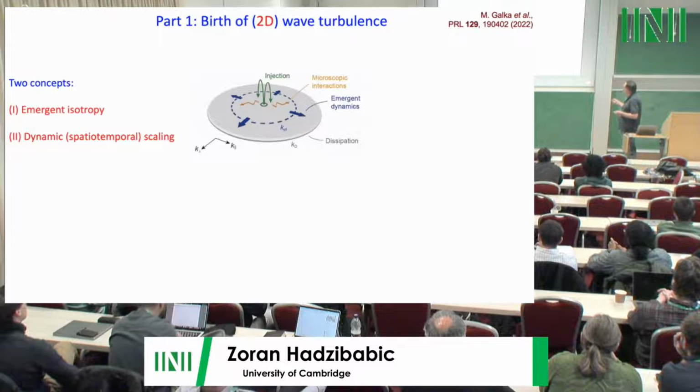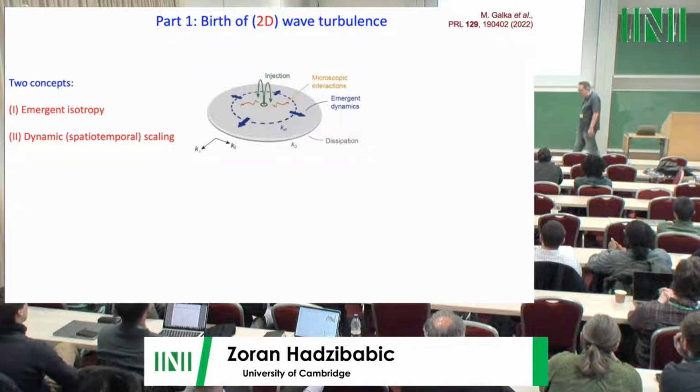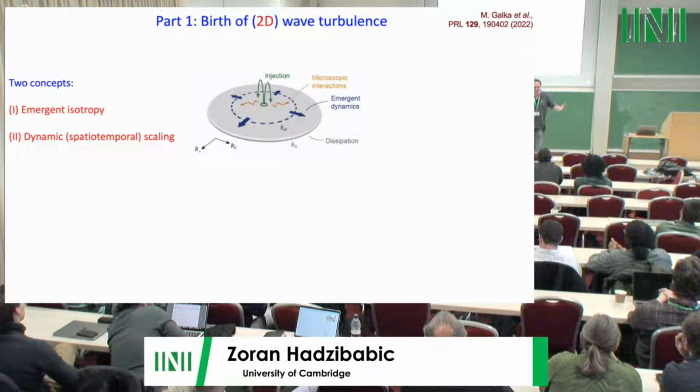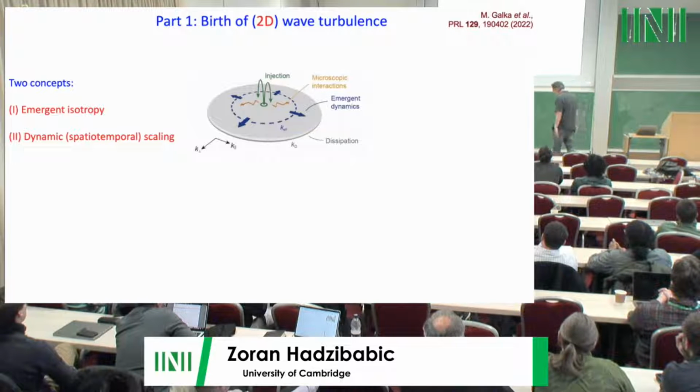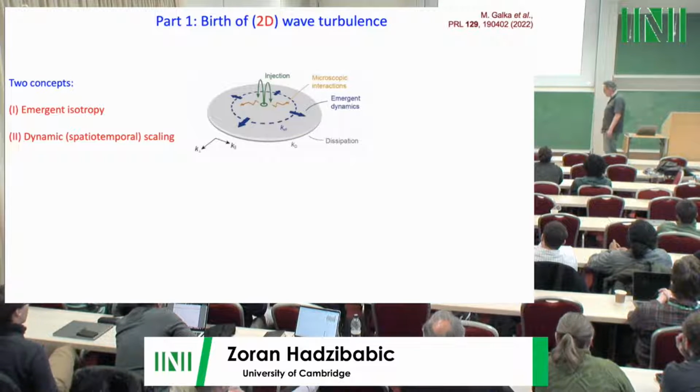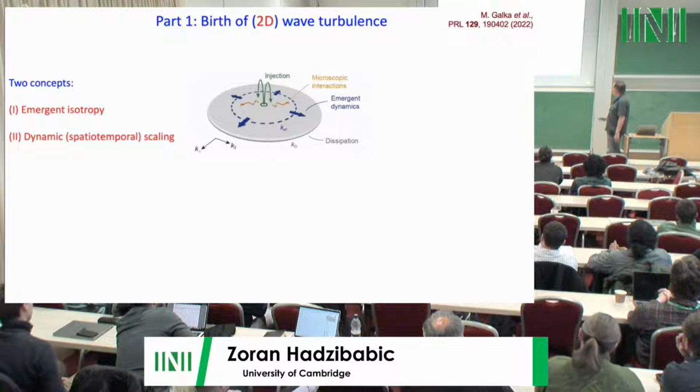So here at low k, generically, energy is injected in some anisotropic way into the system. In particular, in our case, we're injecting it with a force, and the force is a vector, so clearly it is anisotropic. But then due to microscopic nonlinear interactions, beyond some wave number, the cascade actually becomes emergently isotropic. That's the first idea. At least it's relatively common that this is the case. Maybe there's some contention in what kind of system that actually happens or does not happen.